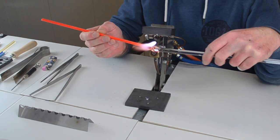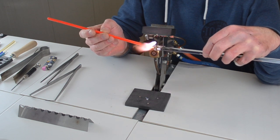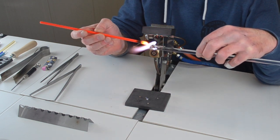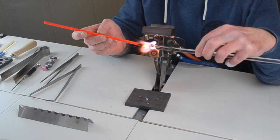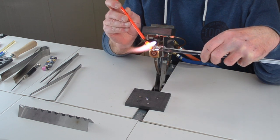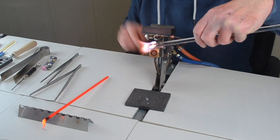So when I'm putting a loop on and using the Peters Tweezers, I tend to put a little cube of glass on the end and square it off with mashers to start with. So I get a real nice joint. Remember to melt the 2 glasses together really, really well. There has to be a strong connection there, a flowing connection, and then just start to take this coloured rod away. Again, just a little bit more time, just melting the 2 glasses together,